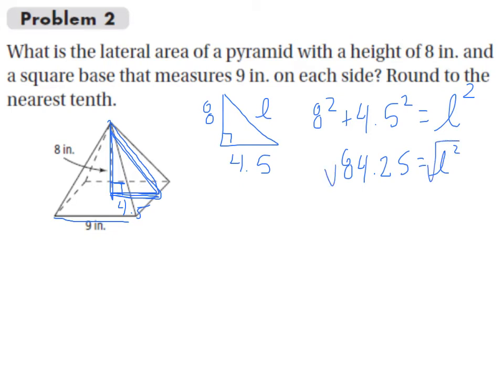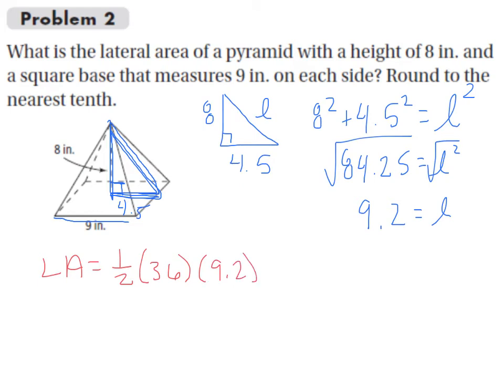I have to take the square root of both sides of the equation, and I would get that my slant height is going to be 9.2, is equal to L. So now I can find my lateral area, which is 1/2 times my perimeter. In this case, it would be 9 times 4, which is 36, times my slant height, which would be equal to